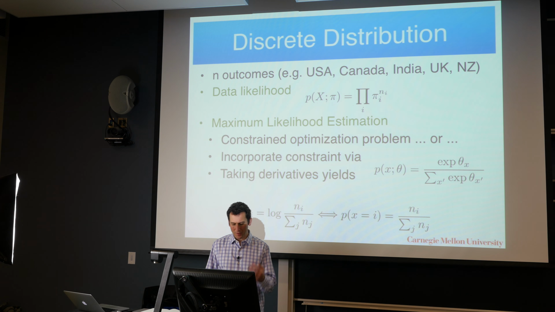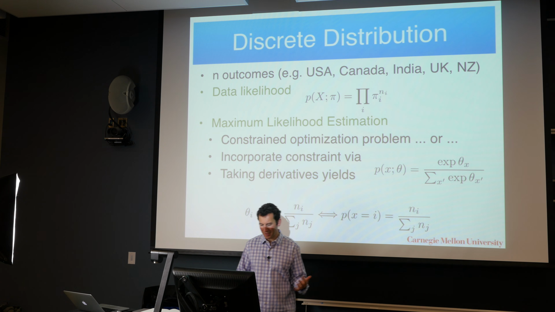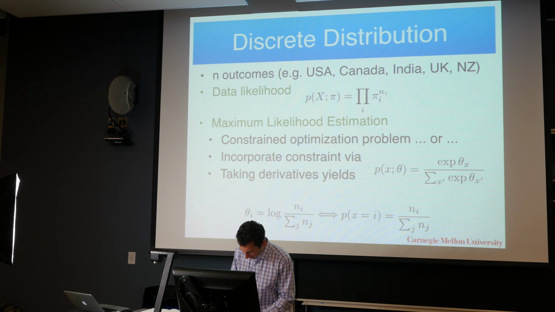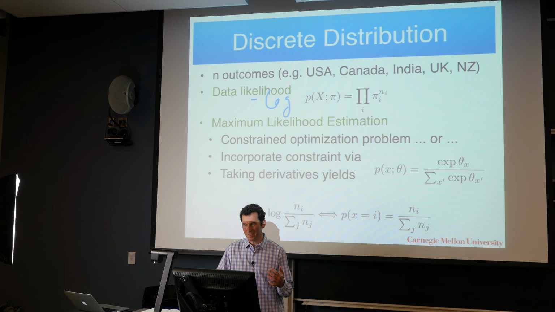And so what I get is that p of x is no longer pi to the n times 1 minus pi to the n minus ni, but I have pi i to the ni. And so now I have again a maximum likelihood problem. I want to maximize this quantity here, or rather minimize the negative log of this. That's just convention. People like to minimize losses, so we take the negative log of that, and that's what we get. Of course, we have minus log here.